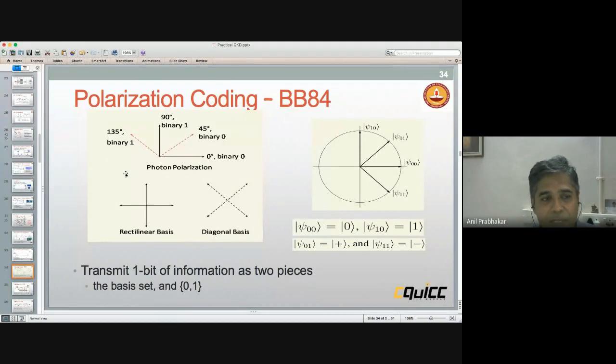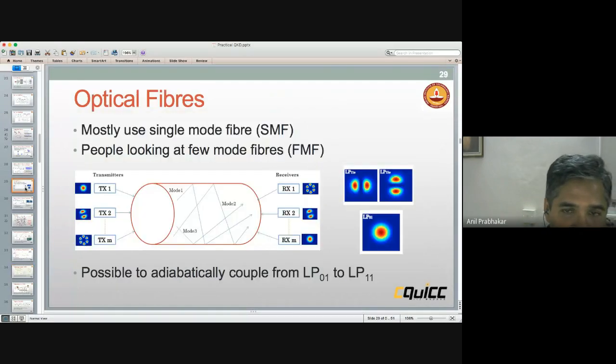You remember those pictures that I showed you of the few mode fibers which were degenerate. Because those few mode fibers were degenerate, and I think it's this picture, you can see that instead of using polarization, I could also use these as zeros and ones. If I am only propagating this, I could send light at some diagonal, and it will be in some superposition of these two states, right? So there is this commonality that you have once you understand the optics,